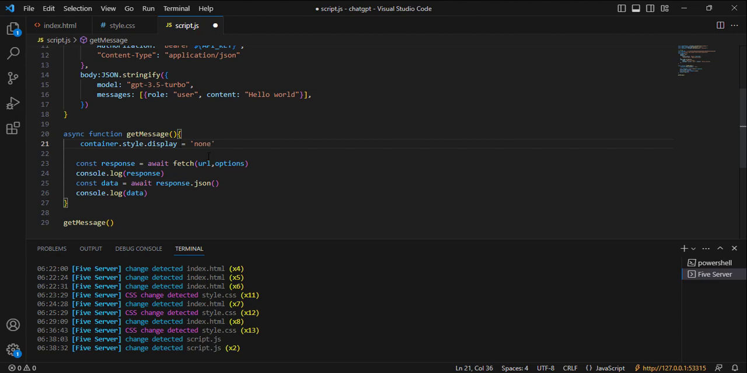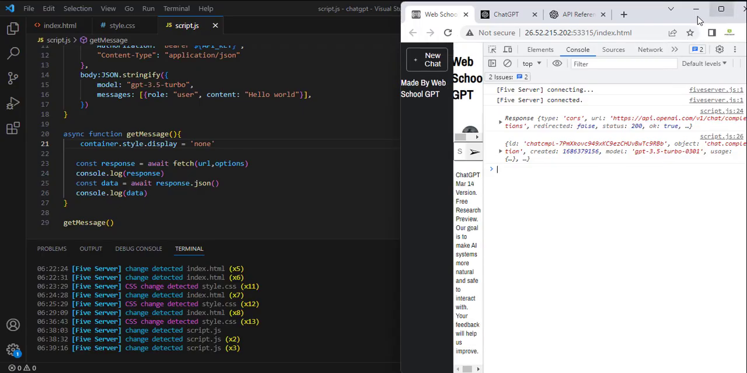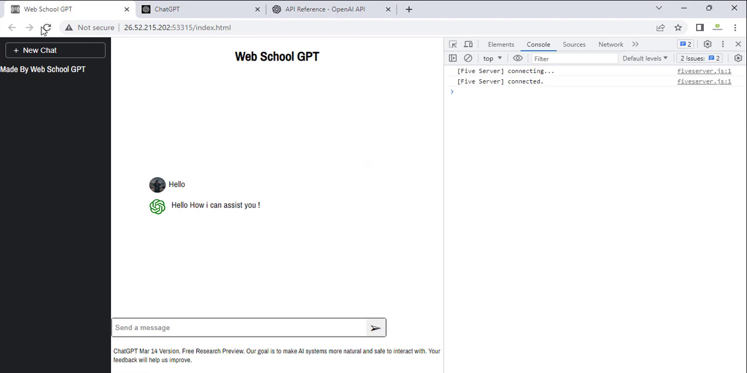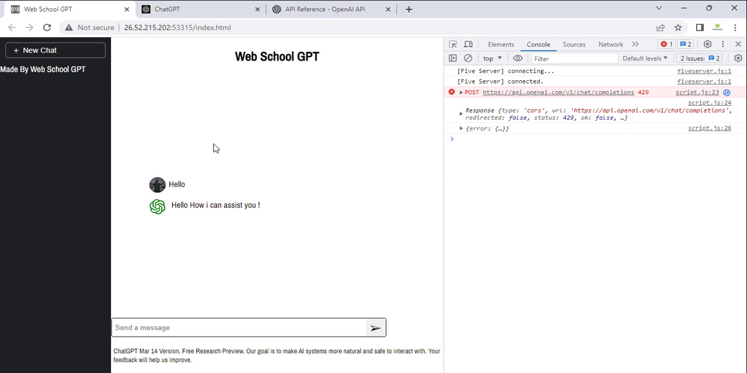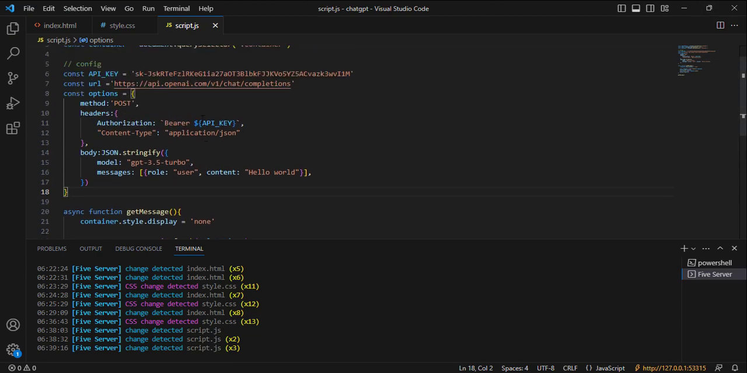I think this is it. Now if I go back here, as you can see, the container appears, but after the function getMessage runs, it's disappeared. This is really cool. Now let's go back to our Visual Studio Code, and within here also what we're going to be adding is